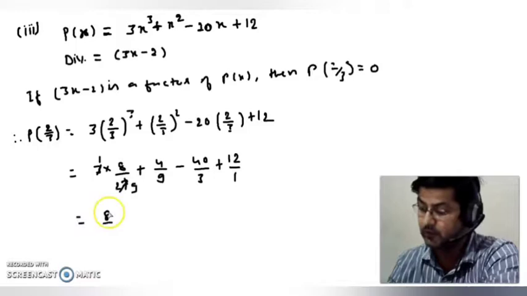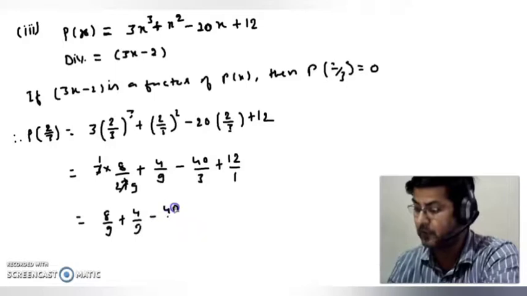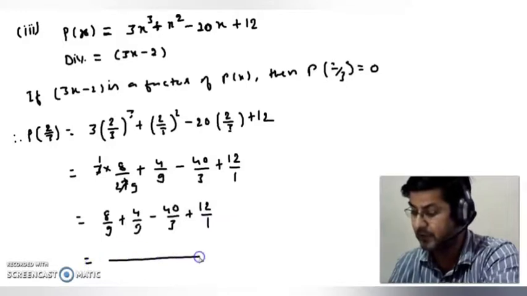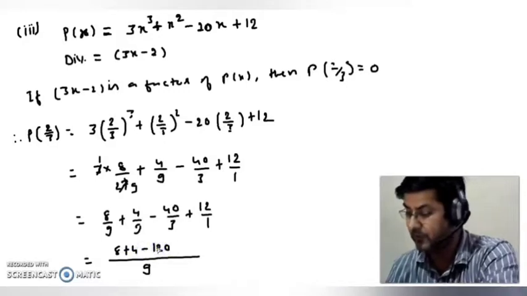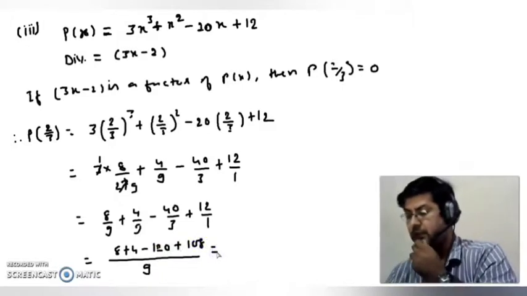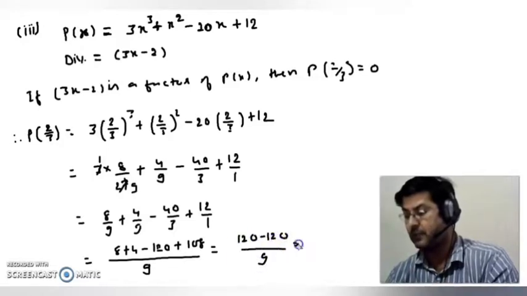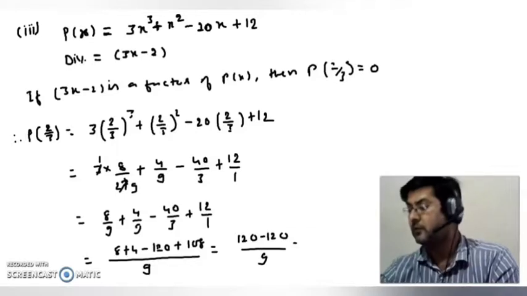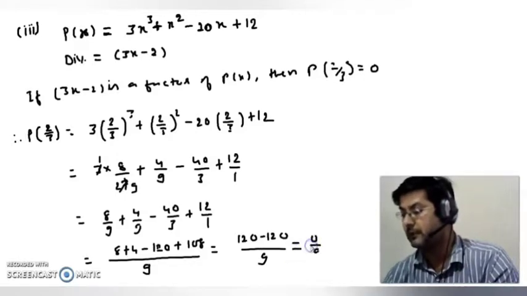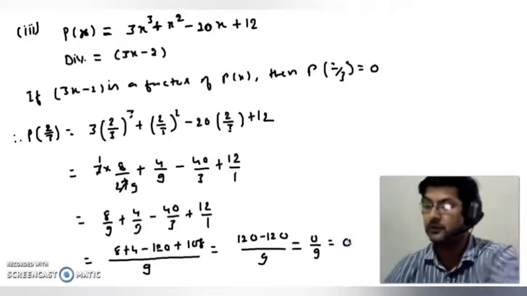So we have now 8 by 9 plus 4 by 9 minus 40 upon 3 plus 12 upon 1, taking 9 as LCM. Okay, so we have 8 plus 4 minus 120 plus 108, which is equal to 120 minus 120 upon 9, which is equal to 0 upon 9, which is equal to 0,